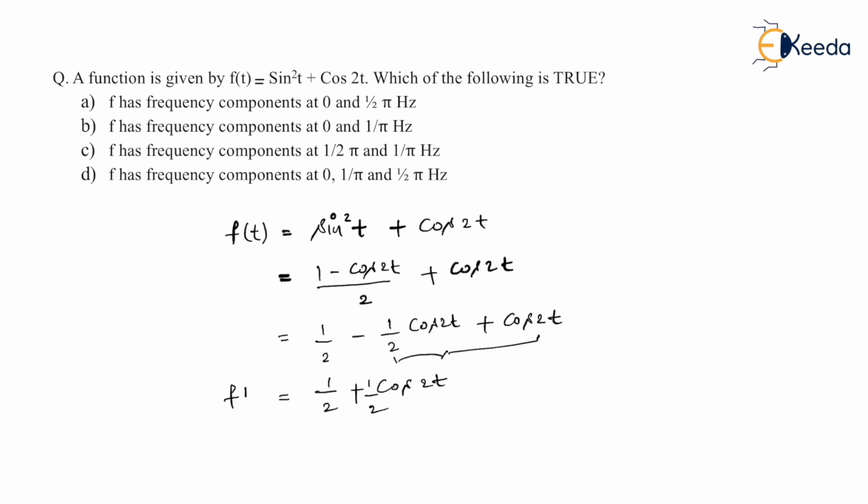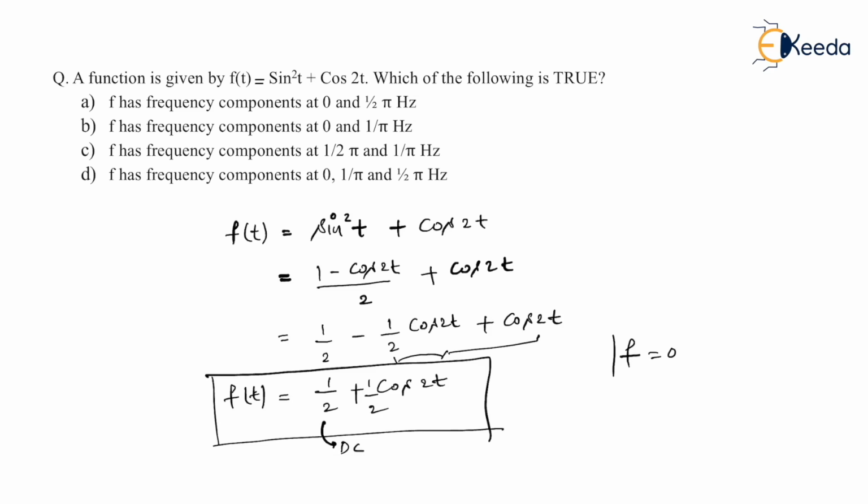Is that right? Now let us see. So this is what we call a real Fourier series. This is the actual Fourier series, because it does not have any sine square or cos square component. The first component is half, and we know that every constant component in a Fourier series is what we call a DC component. When I say DC component, its frequency value is always 0. So I got the first component as 0 Hertz. So I can eliminate option C because option C does not involve 0 Hertz. But the competition is still between three options, option A, option B and option D.